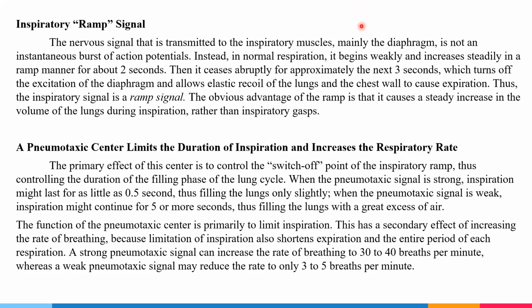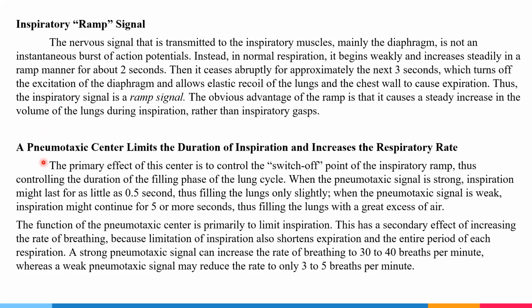It is not one isolated action potential, but a continuous number of action potentials that occur one after the other. So you can imagine it as one action potential followed by 2, followed by 3, followed by 5, so that the rate of action potentials that are transmitted to the diaphragm increases continuously, and thus we have an inspiratory ramp signal which ramps up little by little till the diaphragm is completely extended in order for the lungs to inspire properly. This was the inspiratory ramp signal.